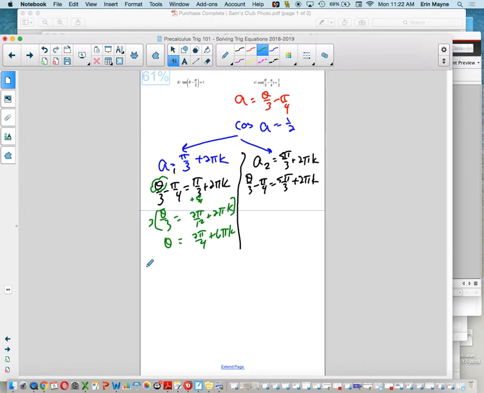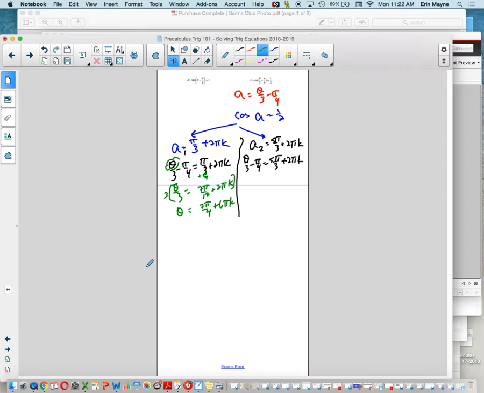And to answer what maybe are some people's questions, that was definitely a first period question: what do we call that kind of solution right there? That's your general solution, right? Because, and I'll show you in a minute, this is your downswing answer and all the infinitely many that occur before and after it. Okay, now, on the other side, for a sub 2,